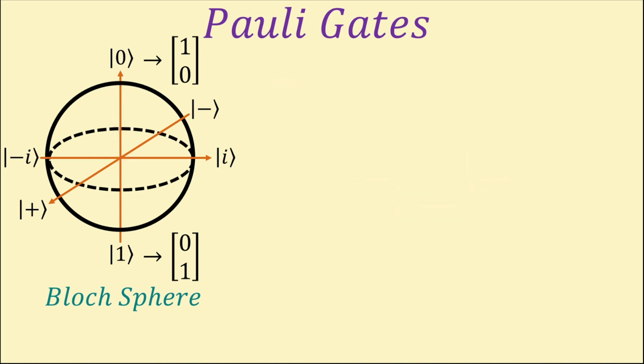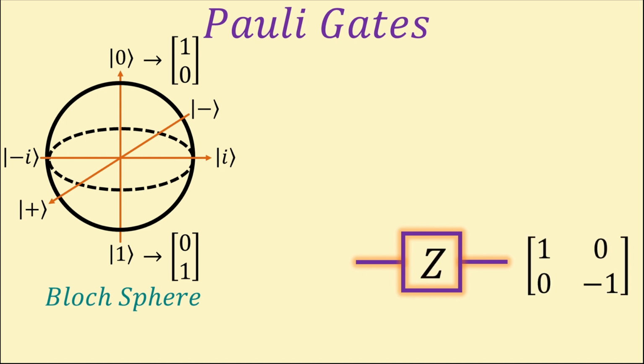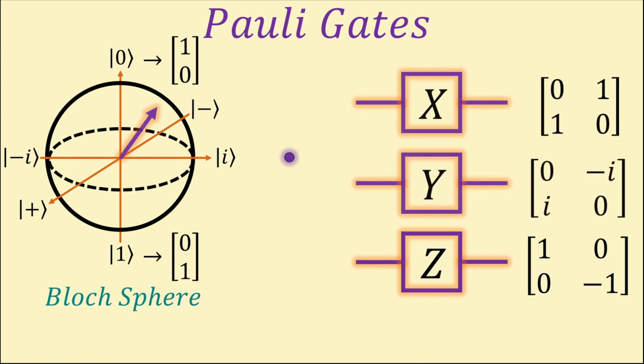The last of the Pauli gates is the Z gate, represented by the matrix 1, 0, 0, -1. This causes a qubit to rotate pi radians around the z-axis. For example, a qubit pointing along the positive y-axis, like so, will rotate halfway around the z-axis to point to the negative y-axis. This just means the Z gate doesn't change the probabilities of measuring a 0 or 1, it just changes the phase of Ket 1. Now, also note, if we apply the Z gate again to this qubit, we just receive our original qubit. Altogether, these are the Pauli X, Y and Z gates, rotating qubits pi radians about their respective axes.